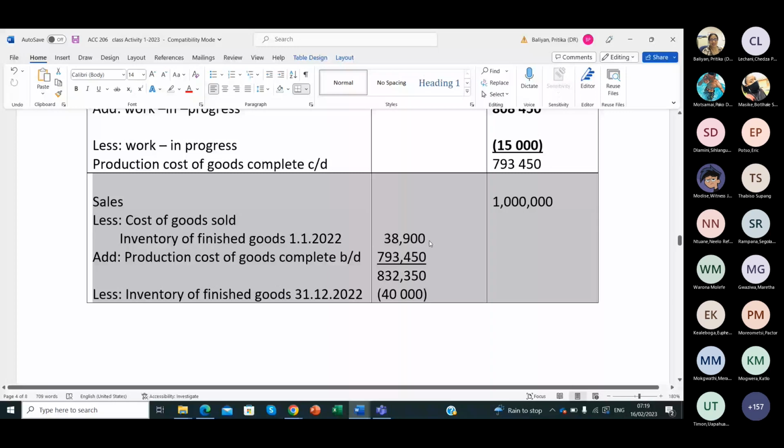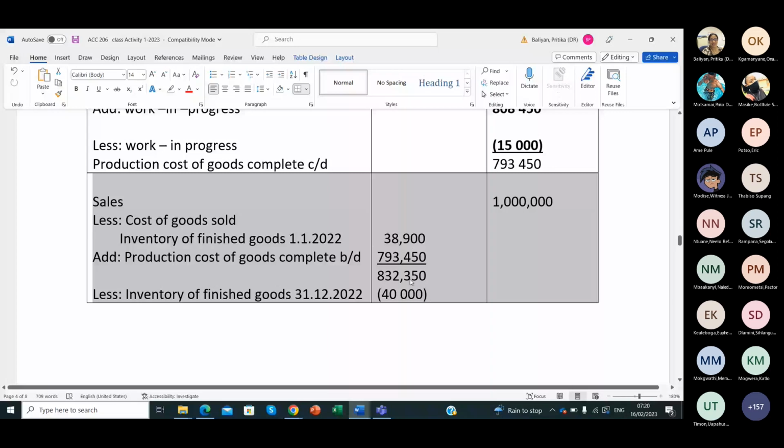So that's why we add the opening inventory of finished stock plus the cost produced during the year. So the total cost of finished goods is